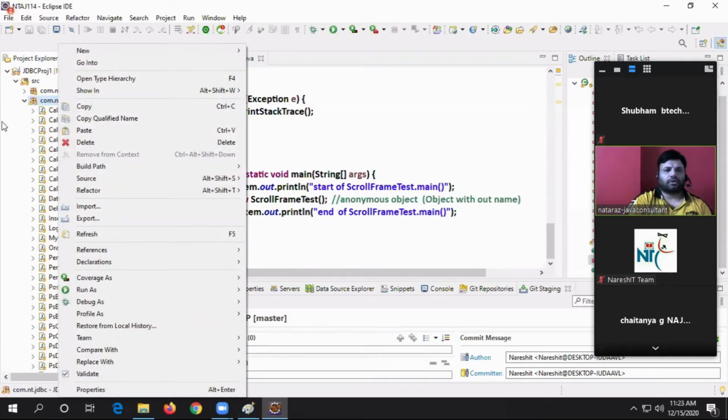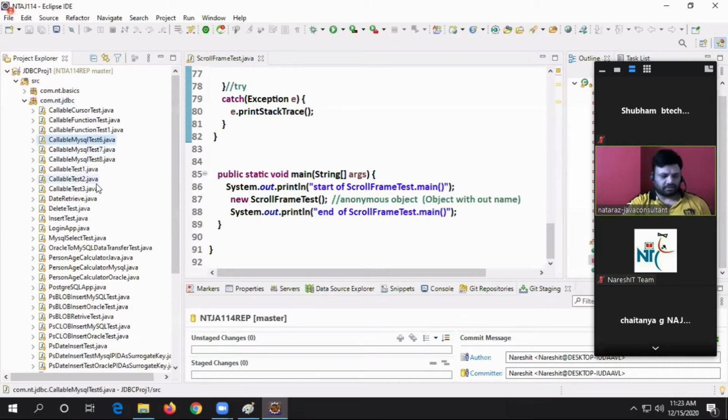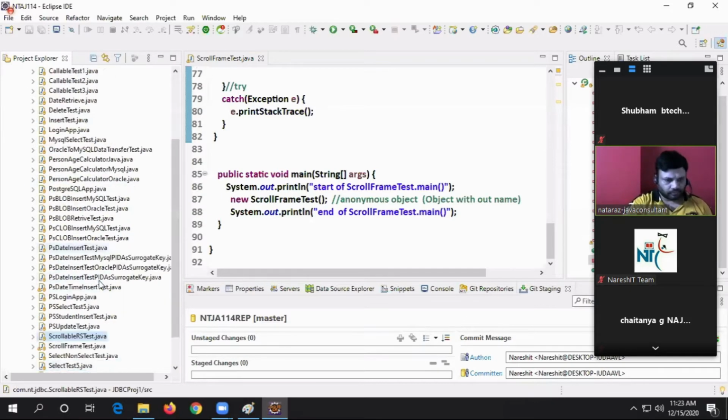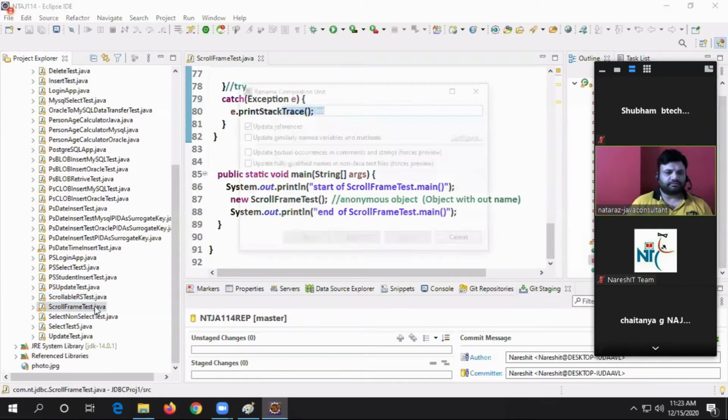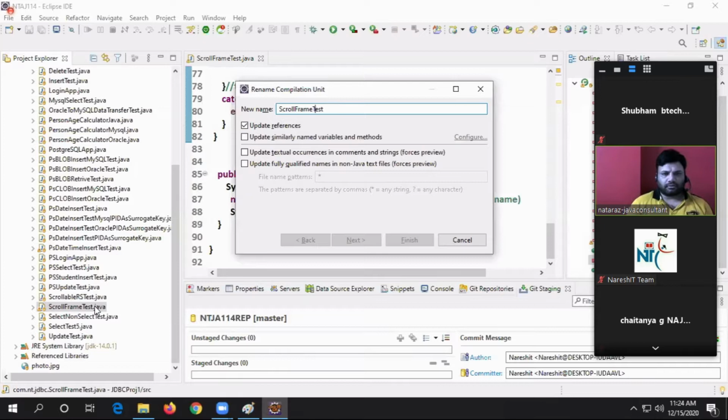Where is our application? Scroll frame, this one. I'll rename the file. Scroll frame GUI test.